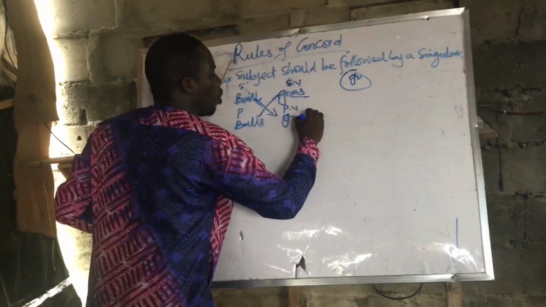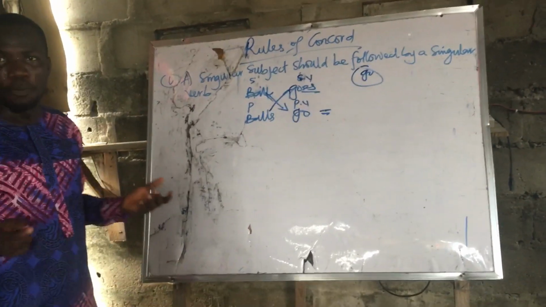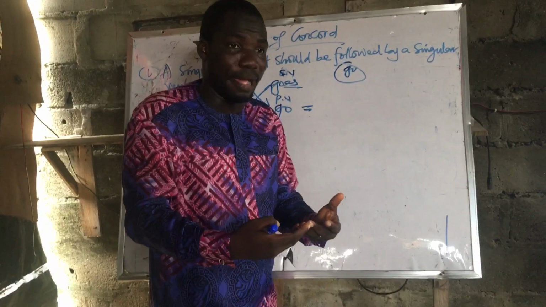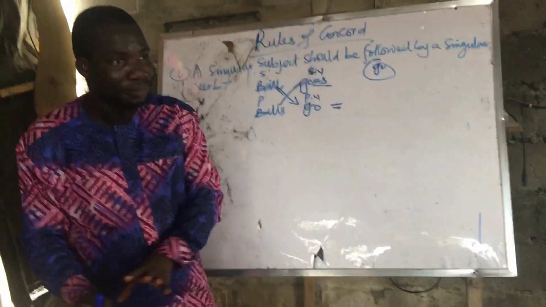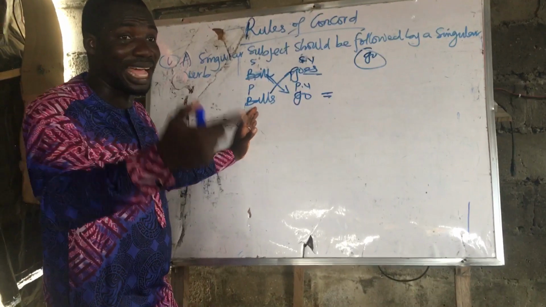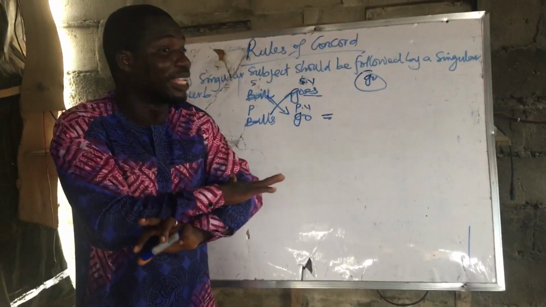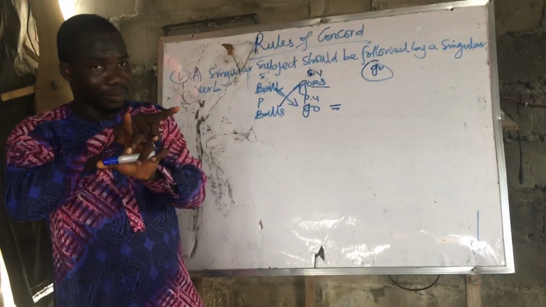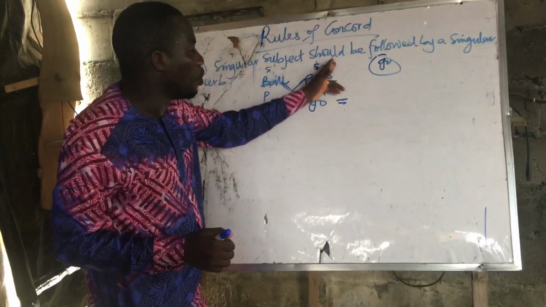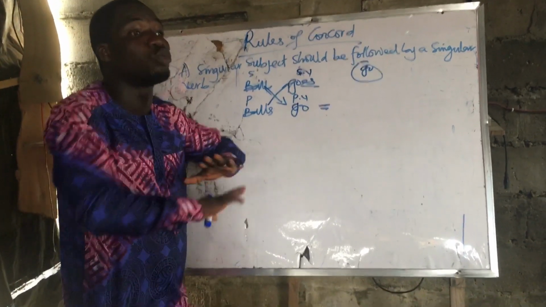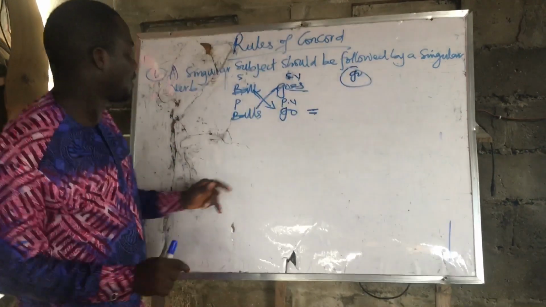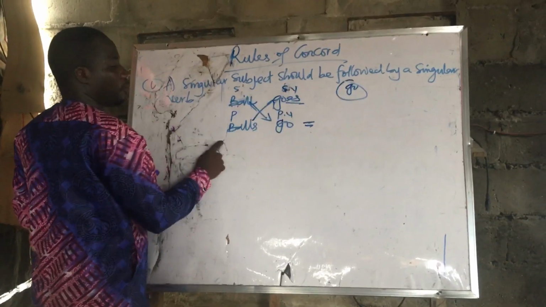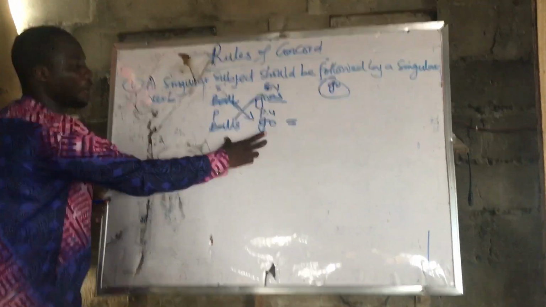So if you are formulating your opinion here, what would your opinion be? The opinion would be that a singular noun is without letter S, but a singular verb is with letter S. Then the plural form of noun is with letter S, while the plural form of verb is without letter S. That is the difference. So your singular verb always goes with letter S, and your plural verb goes without letter S. This is the point of agreement.